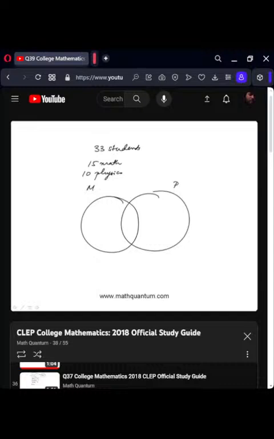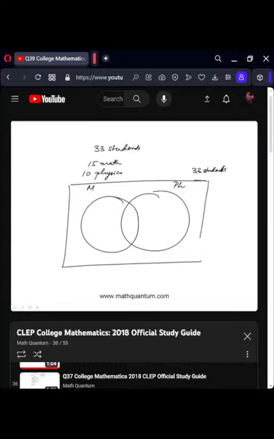So math, physics, the total is 33 students, and there may be some that are enrolled in neither, so that total is 33. This is 15, that's 10, and they tell us that 5 were enrolled in both the mathematics course and the physics course, which means math alone would be 10 because the circle is 15. Same thing, physics alone is 5. So if you just add these regions,